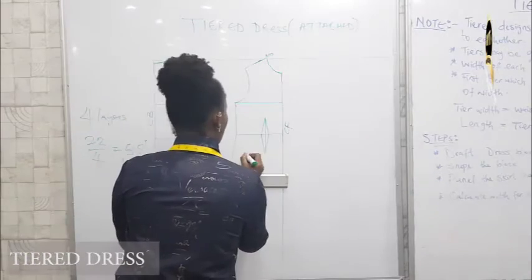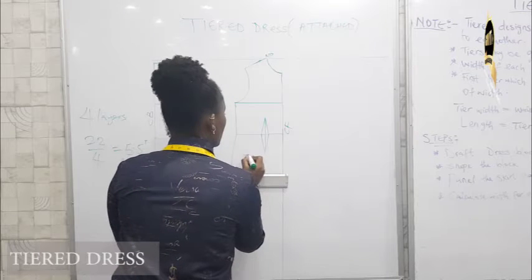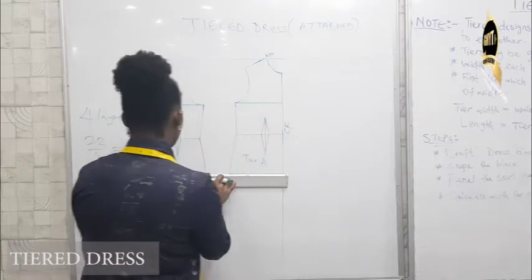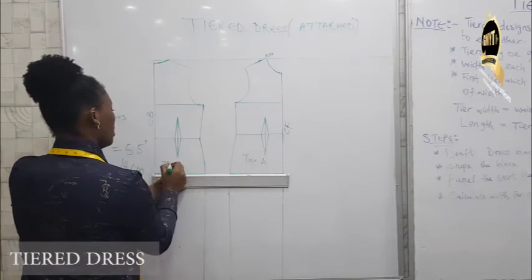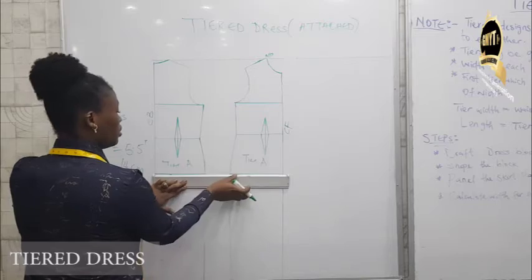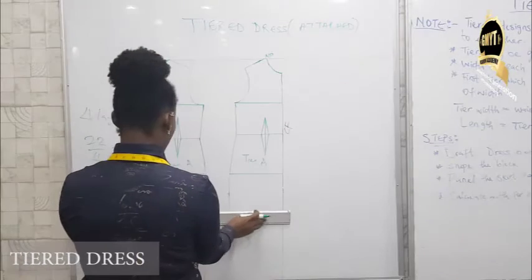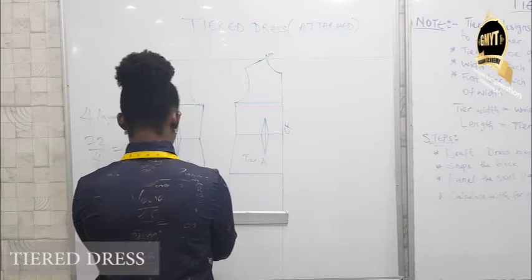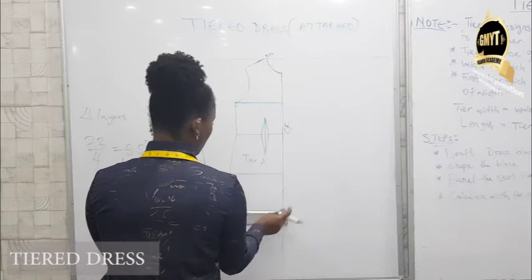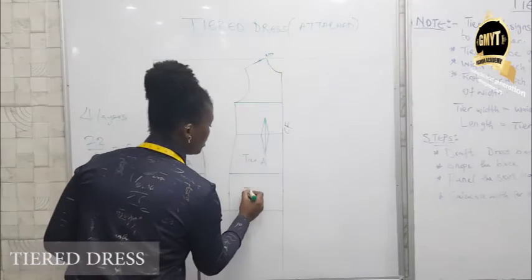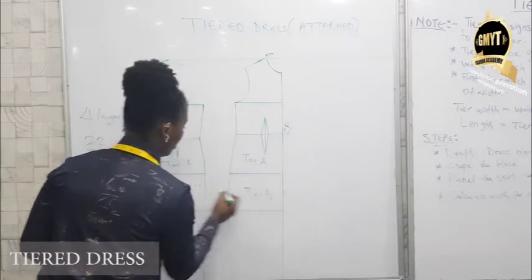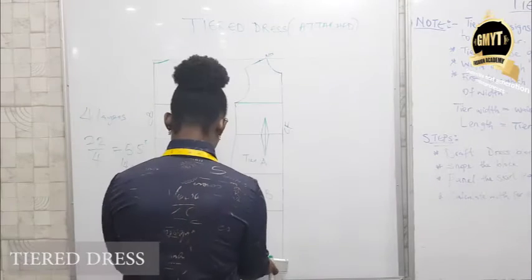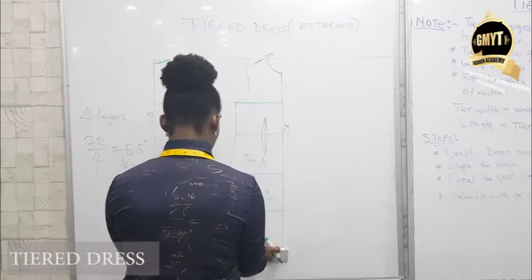So this is my tier 1. Okay, let me label it with alphabet. That's my tier A. So the next 5.5 is going to give me my tier B. Then the next one,